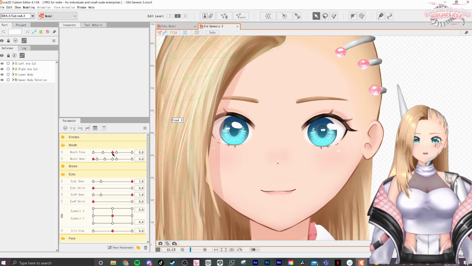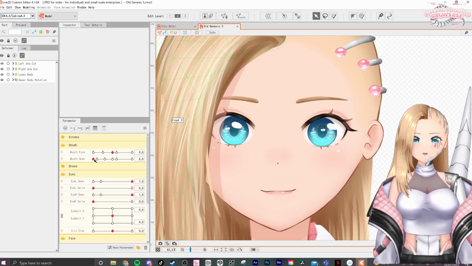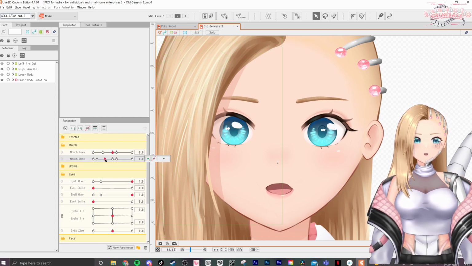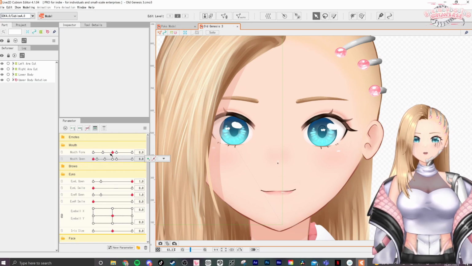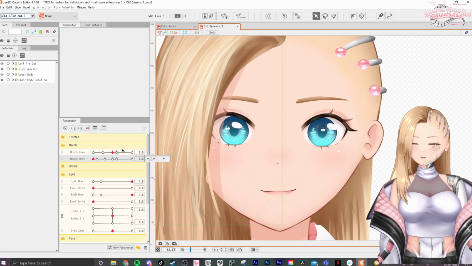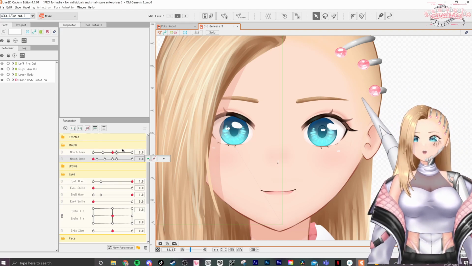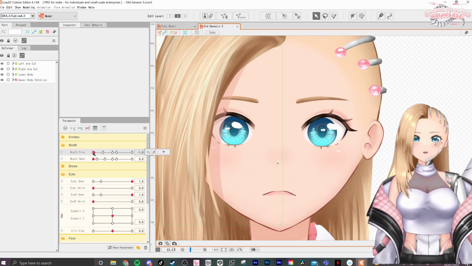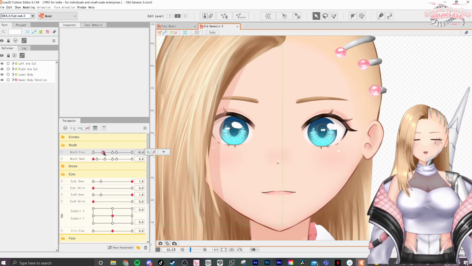We'll go through the different forms now. So of course we have the open as usual, but we also have different forms. So each of these parameters is a different vowel. So A, E, I, O, and U. And I believe it goes from U to O,